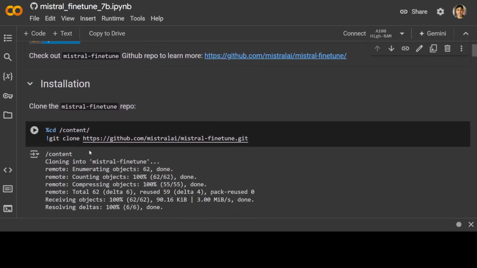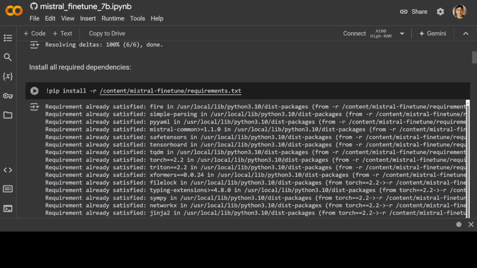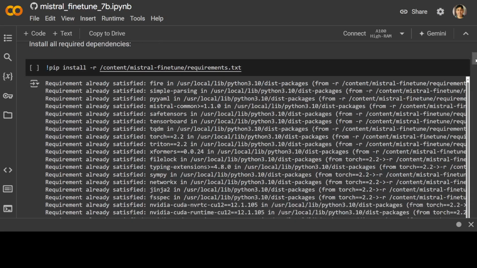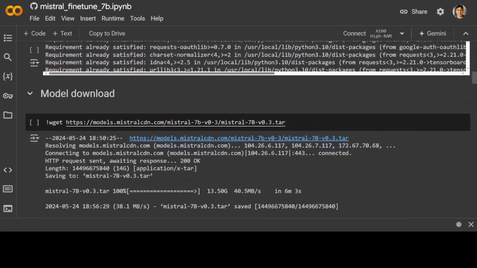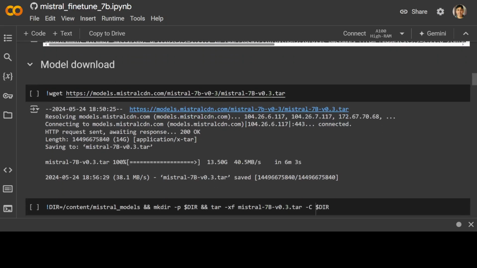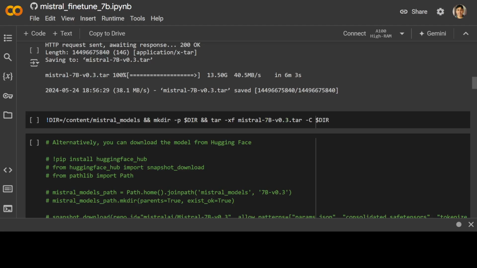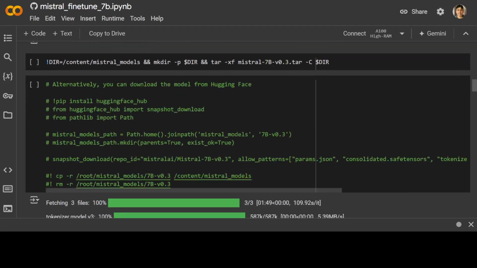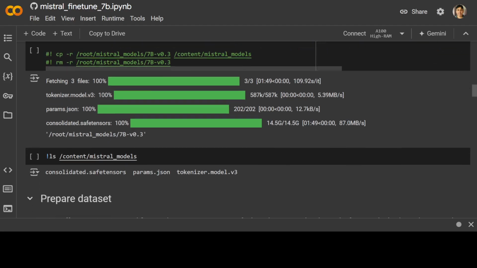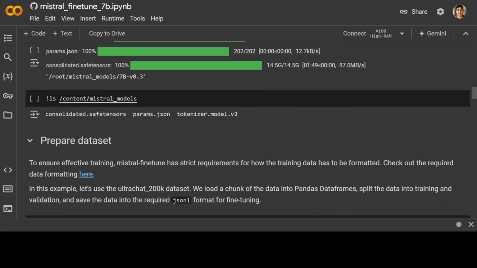So first up, they are simply installing, git cloning that GitHub repo which I just showed you. Then they are installing all the requirements there. Once that's done, they are downloading the model. You can also download it from Hugging Face if you like. Then they are unzipping or untarring that file. This is done with the tokenizer, and then they are showing, okay, these are the tensors of the models,